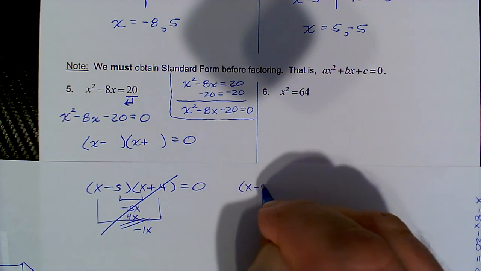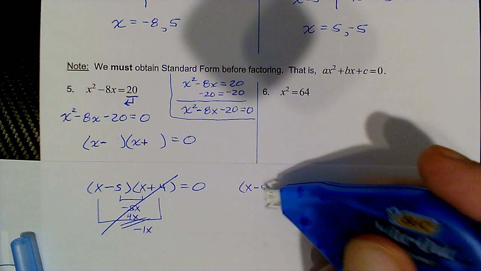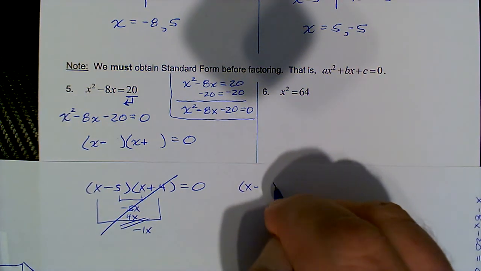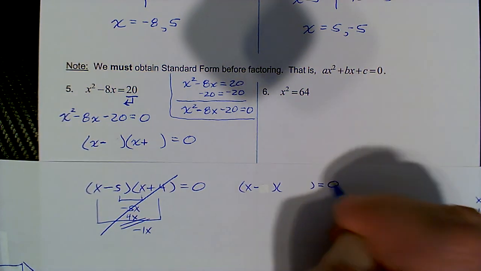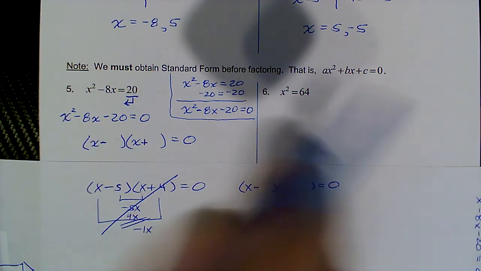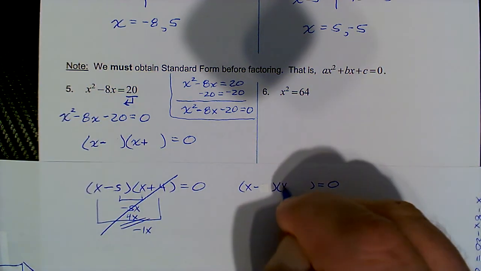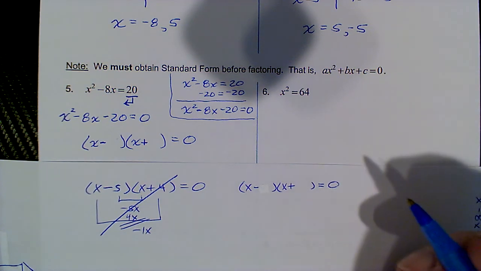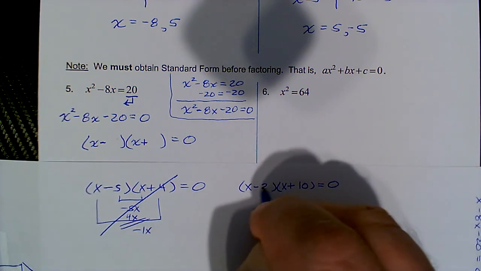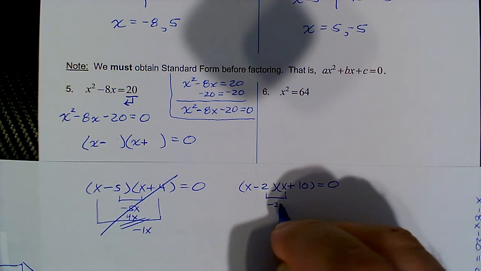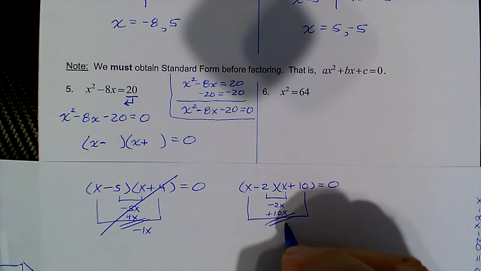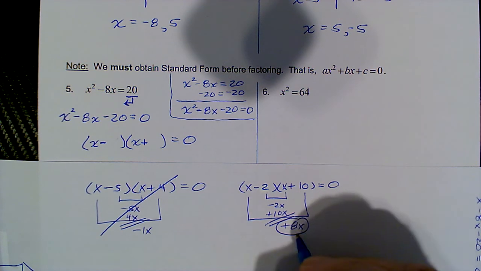So I'm going to use trial and error again. So 1 and 20 is probably a silly guess, because otherwise this middle number would be either a 19 or a 21, and it's obviously not. Okay, so it's probably going to be 10 and 2. Let's say I put the 10 with the x, that's positive here, and the 2 over here. That gives negative 2x, positive 10x, which is positive 8x. Sign's wrong,